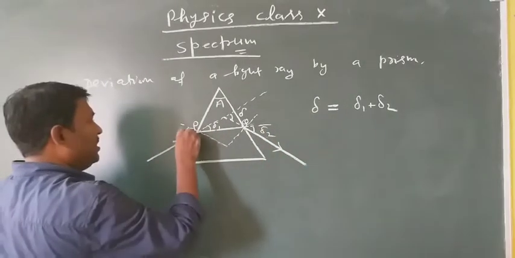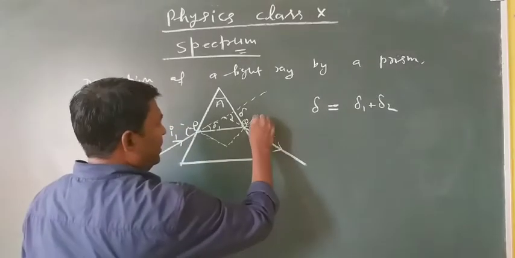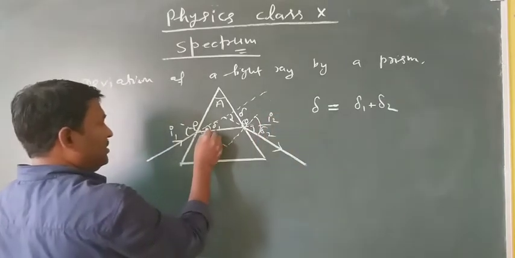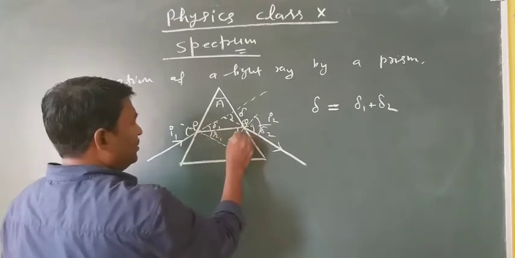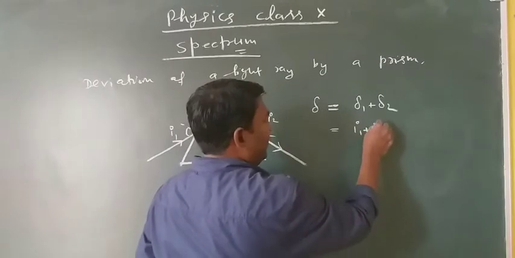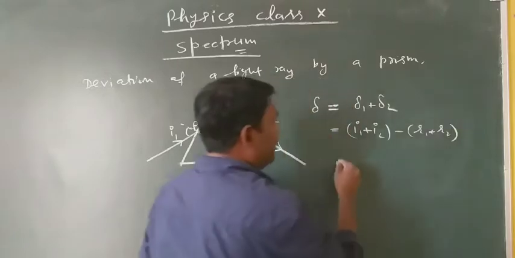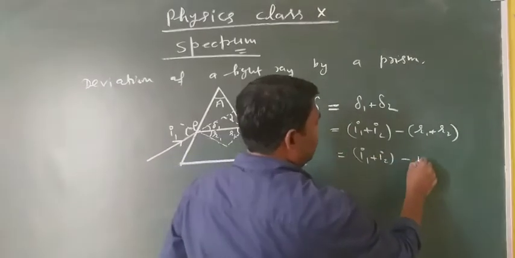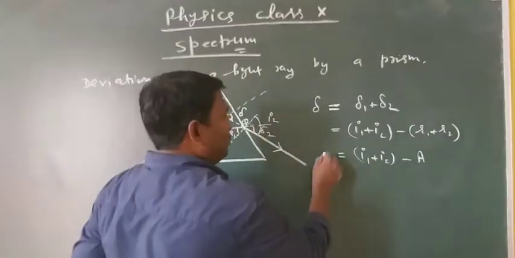Now if this is the angle of incidence at the first surface I1 and this is the angle of emergence I2, and here this is angle R1 and this is angle R2, then delta was equal to I1 plus I2 minus R1 plus R2. You can remember it as I1 plus I2 minus angle A. A was R1 plus R2. Okay, so this was the total